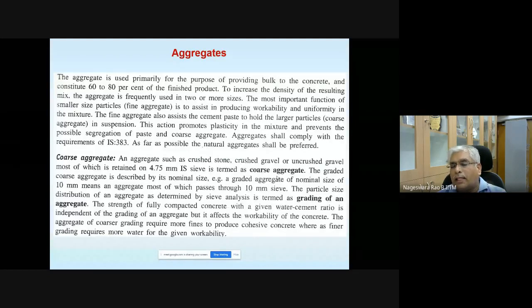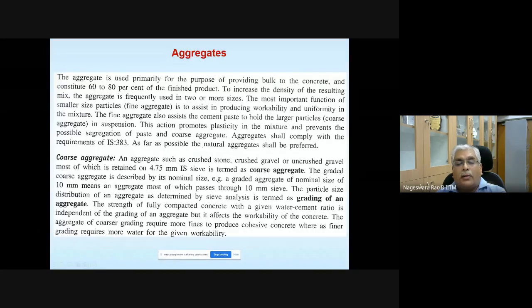Sieves are of different sizes, and coarse aggregate is that which is retained on the 4.75 mm sieve. So when you do the sieving, whatever is retained on the 4.75 mm IS sieve is termed coarse aggregate, meaning the size should be more than 4.75 mm.